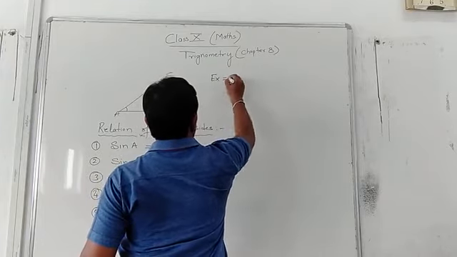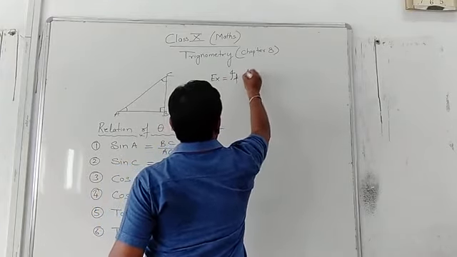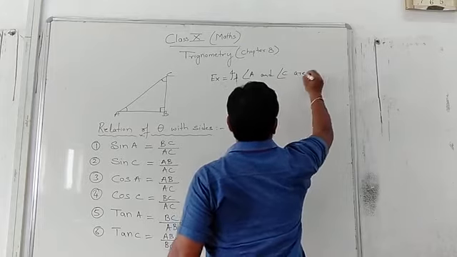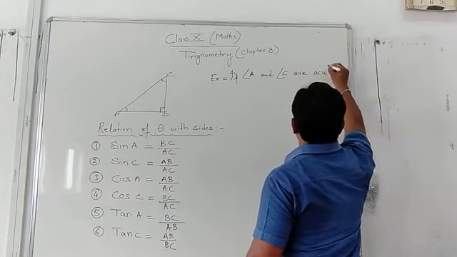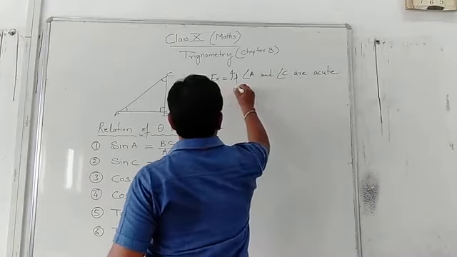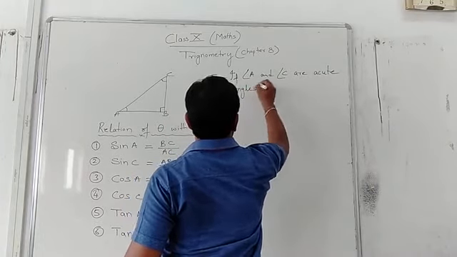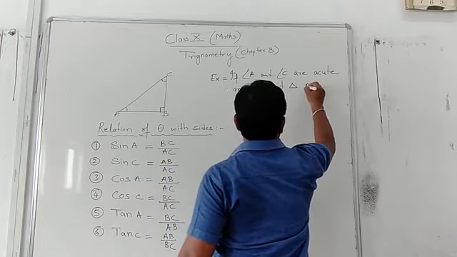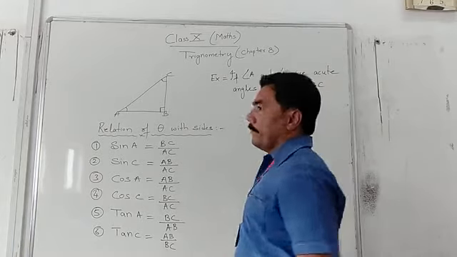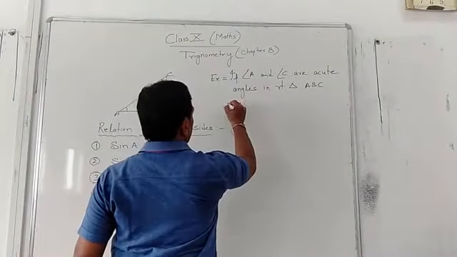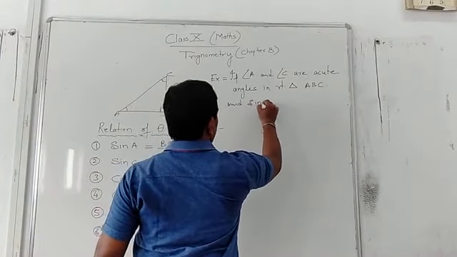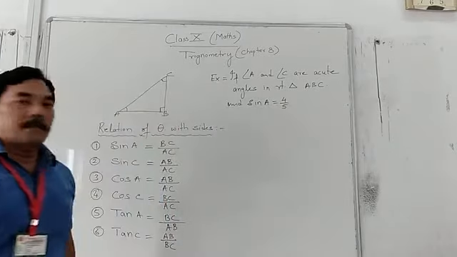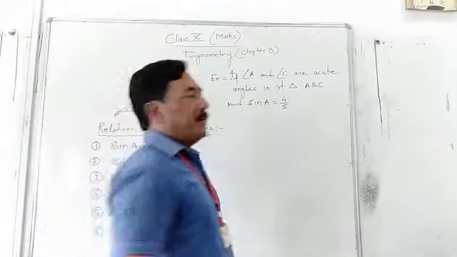Example: if angle A and angle C are acute angles in a right angle triangle ABC, and sine A is equal to 4 upon 5,